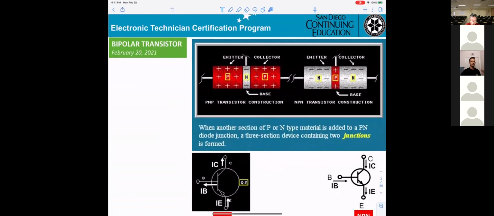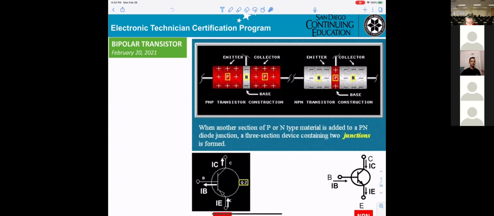Now I go into a little physics. First thing, we're talking about NPN. In NPN, you get an N and a P. You understand NP is just one diode. Okay? NP is just another diode.